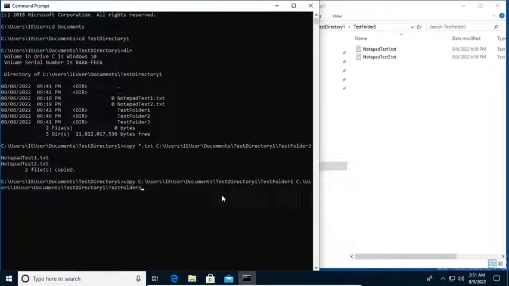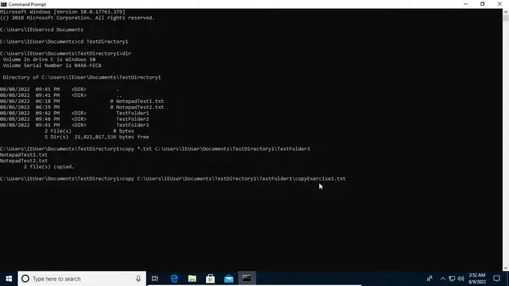We just have to first, of course, I forgot that we need to have the file that we want to copy. Okay, so we know that test folder 1 has a copy exercise 1.txt file that we would want to